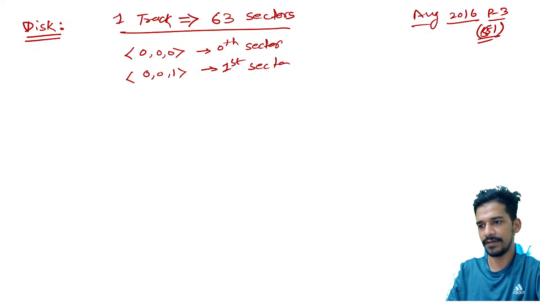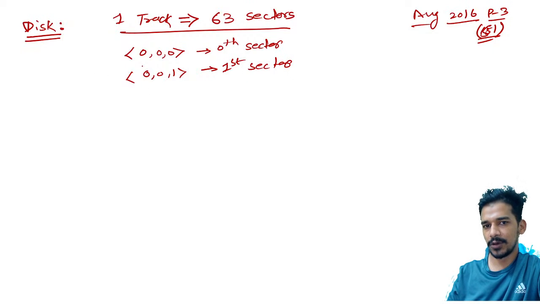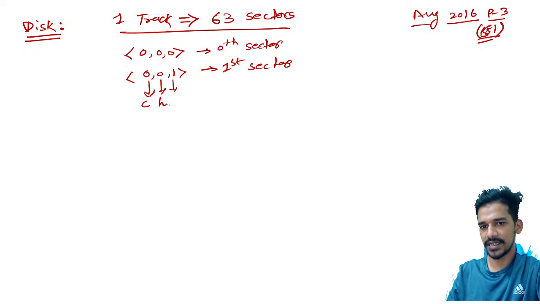Okay, this is the address of the first sector. The address format is like this: the first field represents the cylinder number, the next represents the surface number, and this one represents the sector number. We have to find out the address format in this scenario, that is cylinder number, surface number, and sector number for the sector